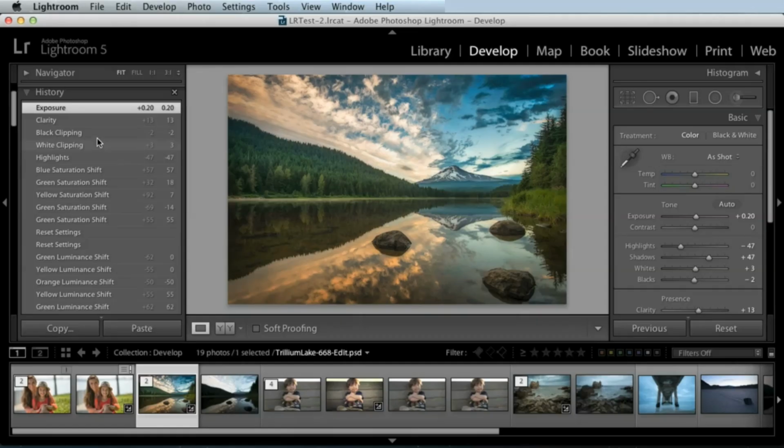Now here's the other key thing. Because nothing done in Lightroom is destructive to the photo, if you ever just want to get back to your original photo, just hit reset. That's it. Just hit the reset button. It resets every single thing that you can do in the develop module in Lightroom. It resets it all to its zero setting. So your